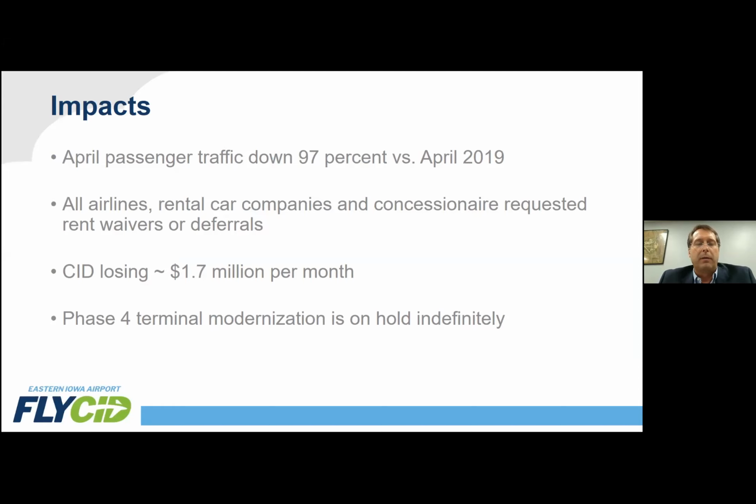As of April, our April numbers were in, and we were down 97% versus April of 2019, when we should be seeing roughly 50 to 60,000 enplanements, passenger boardings. We put on just under 1,500 passengers for the entire month of April. We bottomed out for daily passengers through our TSA checkpoint in April with about 80 passengers for the day, when we should be screening over 2,000 passengers a day.